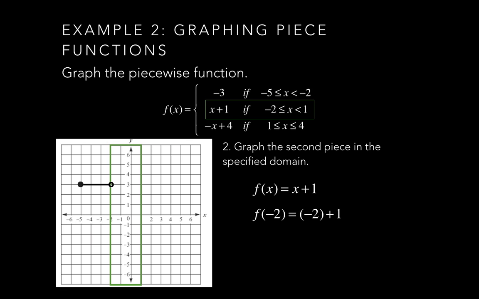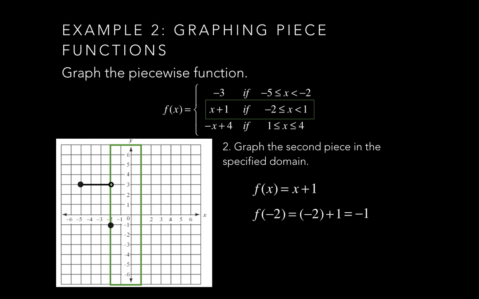You're looking at that green rectangle. That's where this piece should be picking up. So at negative 2, if you evaluate your function, negative 2 plus 1 gives you negative 1. And we can plot that point. It's supposed to be a closed circle because at negative 2, we include that value for this piece of our